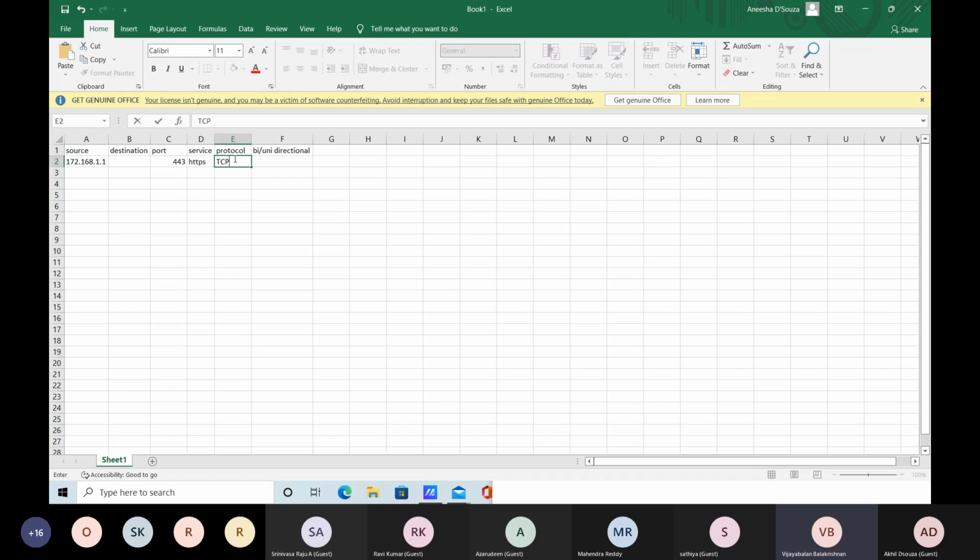Okay, can anyone tell me? Akhil, can you copy that and put it in the second line and make it a UDP? Can you copy the 172, the entire line? Yeah, so make it a UDP. Okay, can anyone share what it means if I open it as TCP, what will happen? If I open it as UDP, what will happen?